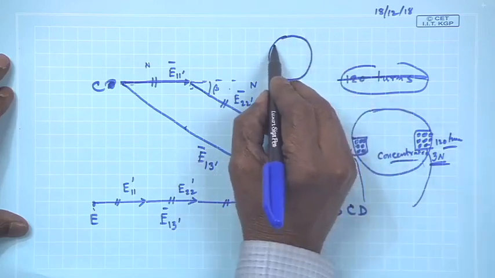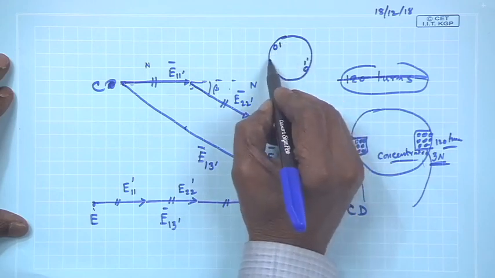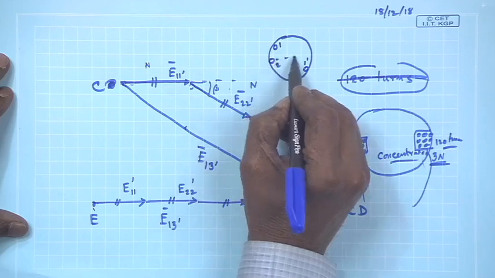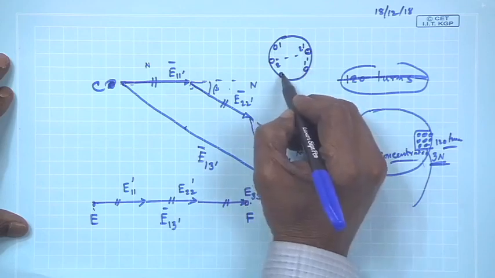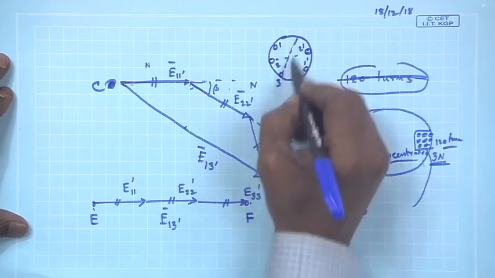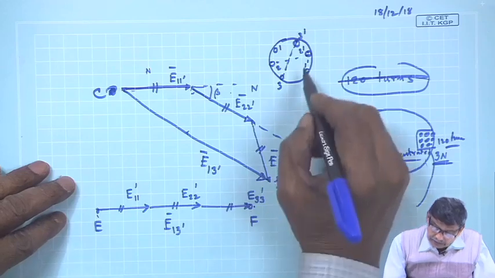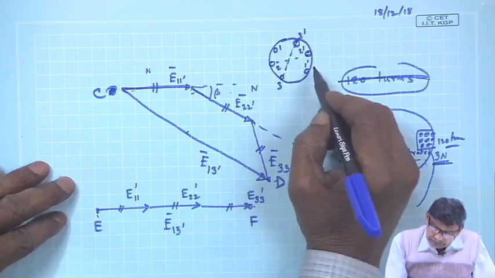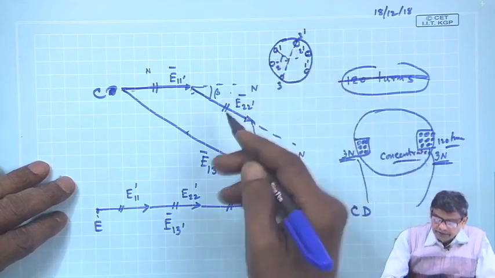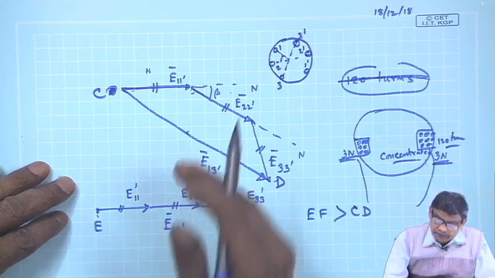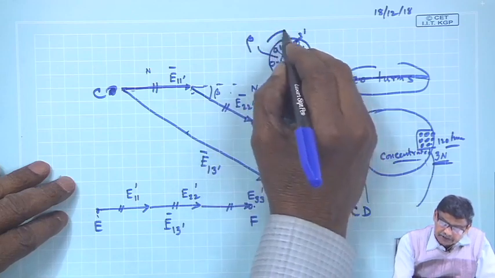I am just sketching. This is 1 dashed, 1 dashed, and then you have, suppose, 2 dashed. So, this is one coil, a separate coil 1 dashed, and this is 3 dashed. Okay. And if these coils are displaced by some angle, this is the angle between 2 consecutive slots, say. By one slot it has been displaced, this angle we are calling beta,